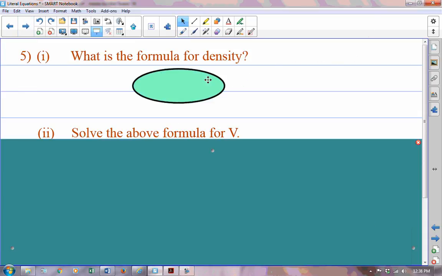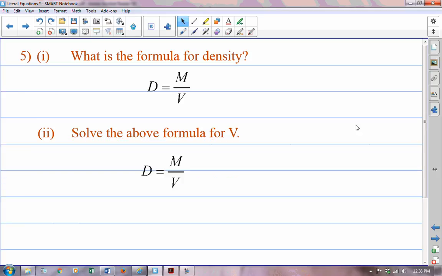All right, what is the formula for density? Density, or D, is equal to M over V. So it says we're going to solve the above formula for V. So how do we work a problem like this when the variable is in the bottom? A little bit more challenging when we have to move a variable that we're trying to solve for out of the bottom. So what you have to do on this is